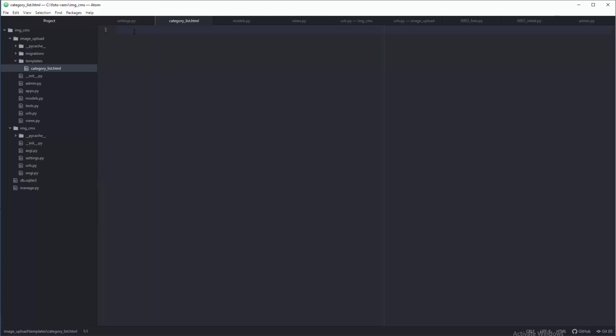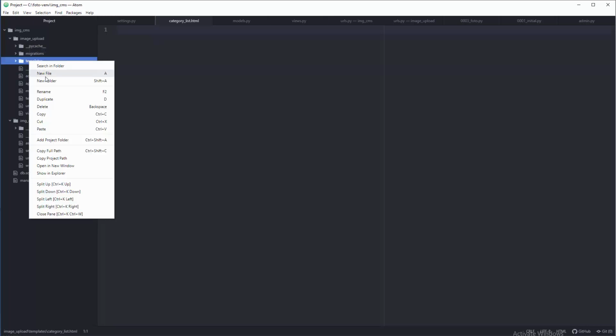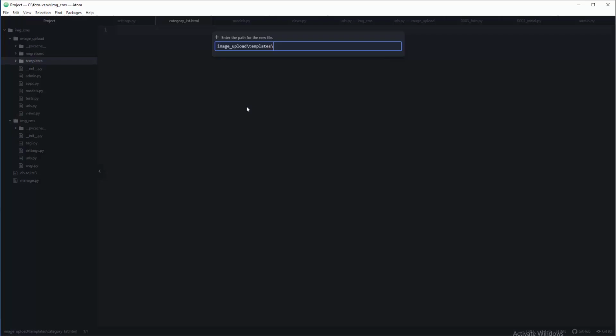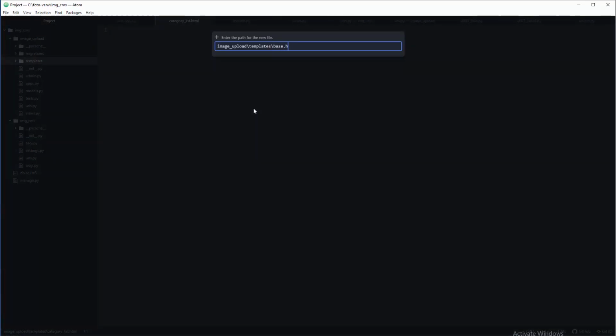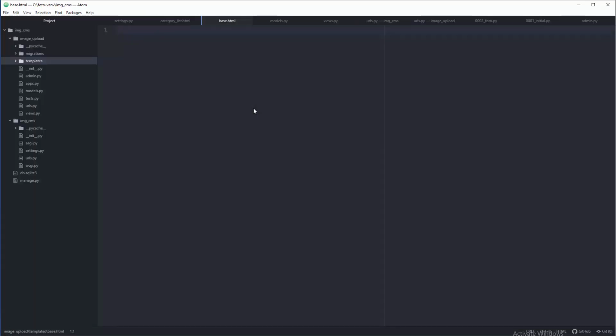Okay, category list. And now we need to fill it with a couple of things. Well, the first thing is we need to extract basically all those individual lines from reports. But to do that, guys, we actually need to create the base template, because this category list will inherit from the base template. So yeah, here in templates, we're gonna create a new file, base.html,